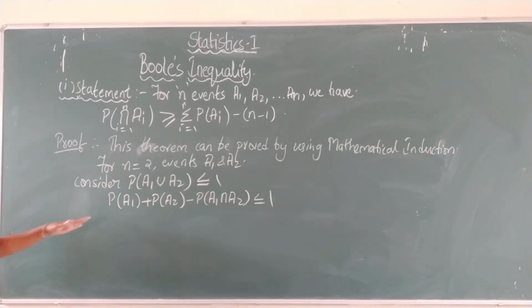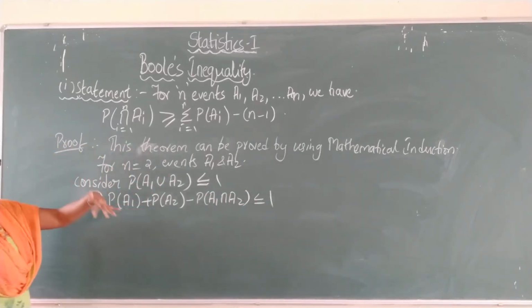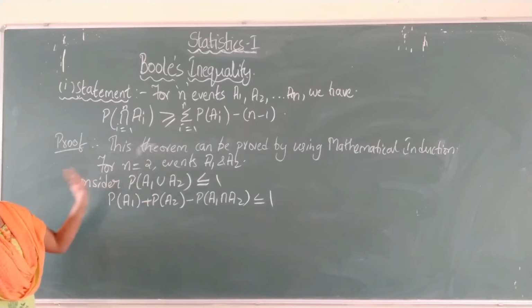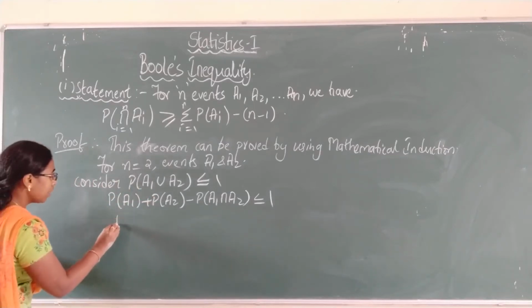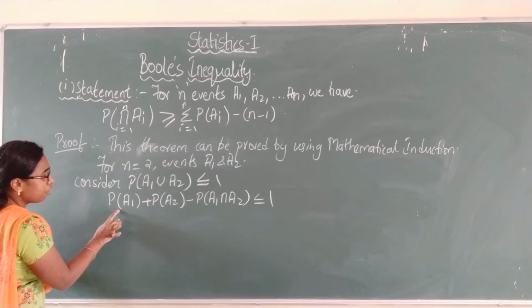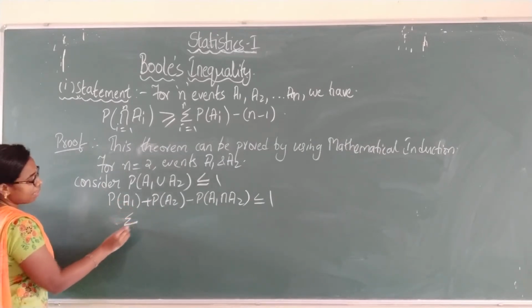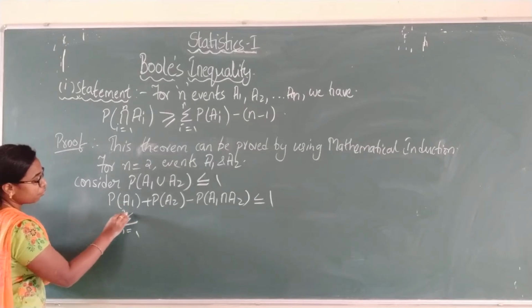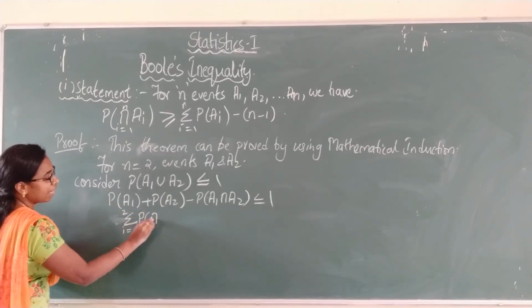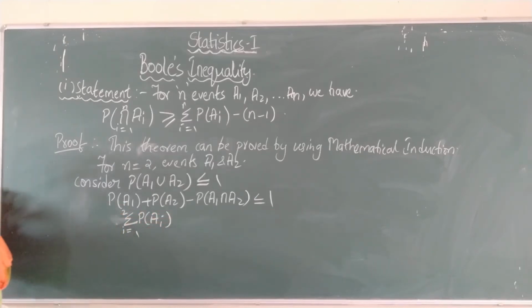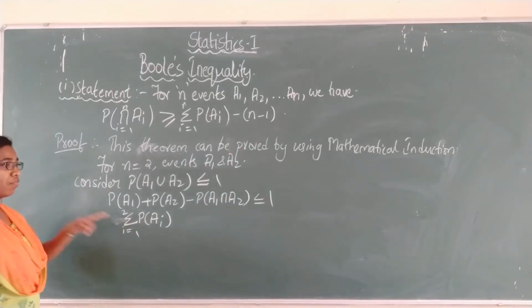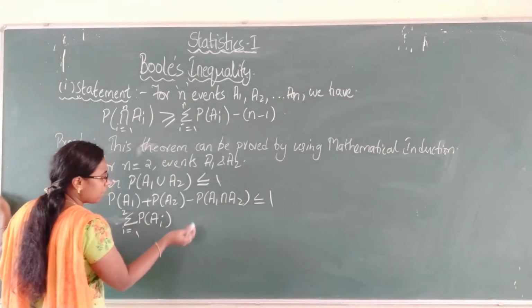Now send the minus term to the right side and bring the 1 to the left side. The term P of A1 plus P of A2 can be written as summation i equals 1 to 2 P of Ai. Only two events, right? That's why the summation ranges from i equals 1 to 2 of P of Ai. This plus 1 comes to the left side,